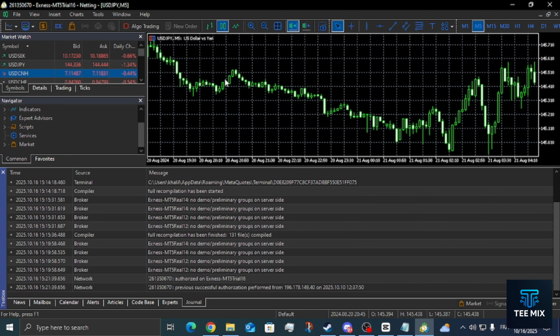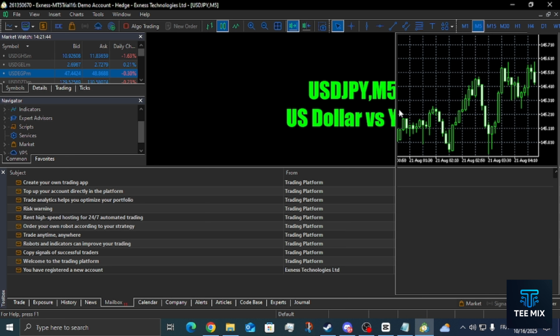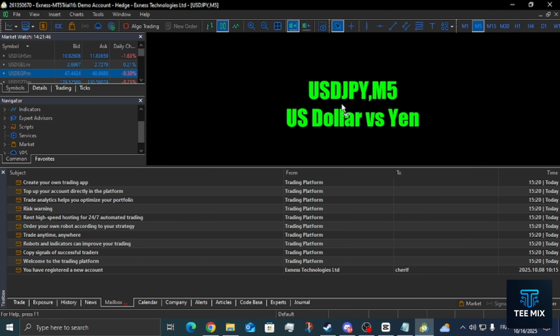On successful login, you'll hear a chime and see live price ticks in Market Watch and connection status in the lower right, e.g. green bars,